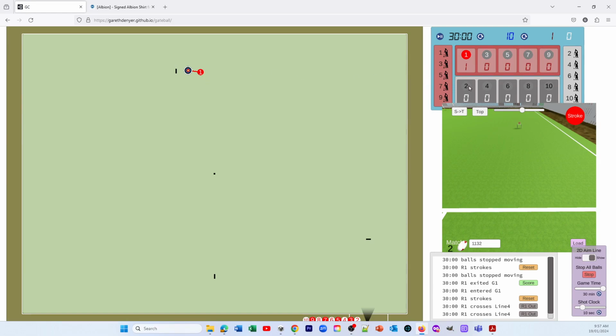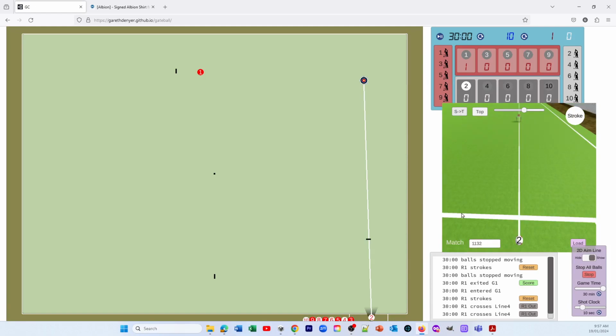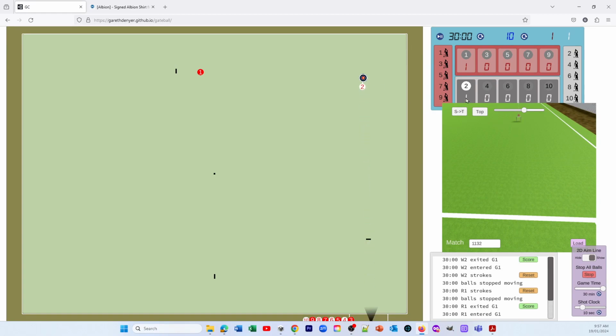So let's now select player number 2, and it's not shooting at that target. First of all, it needs to be moved into the starting area, and let's shoot it at the hoop. Let's go striker to target so that we can see down the line, and let's take this shot. It goes through, increase the score for player number 2, and I think what we'll do now is we'll take